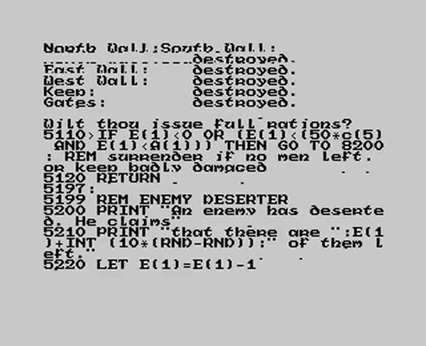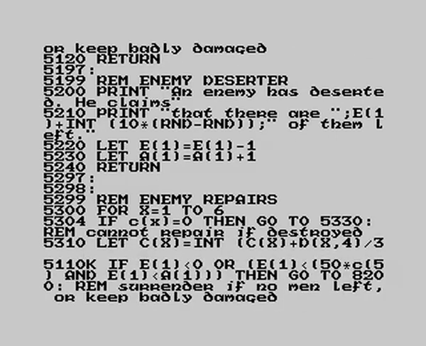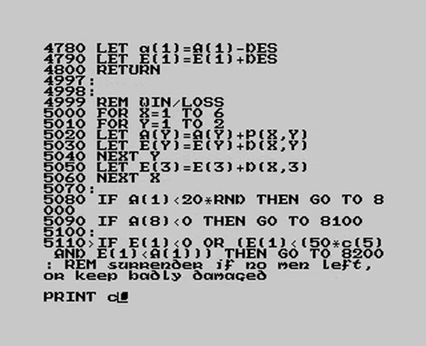So now breaking into the code, looking at the error condition. Here, E1 is the enemy's strength. So if E1 is less than 0, or if E1 is less than 50 times C5 and E1 is less than A1, which means their army is less than my army. C5 is the strength of the keep. The keep is destroyed, which means the keep is 0. 50 times 0 is 0,